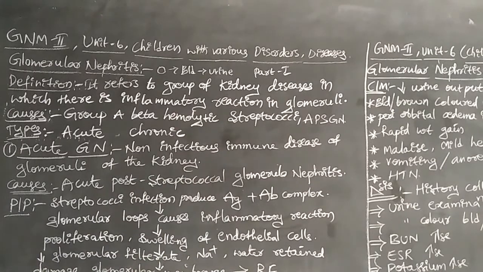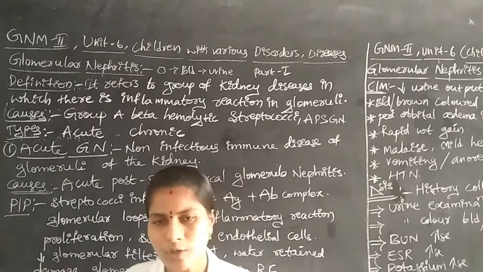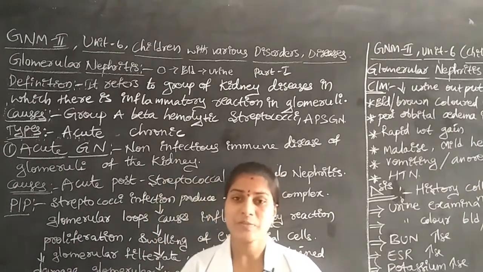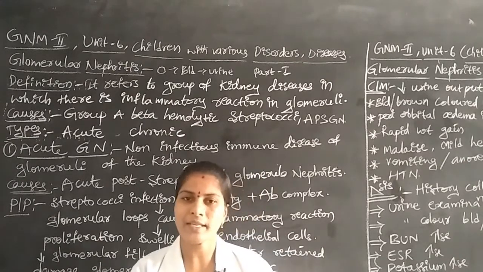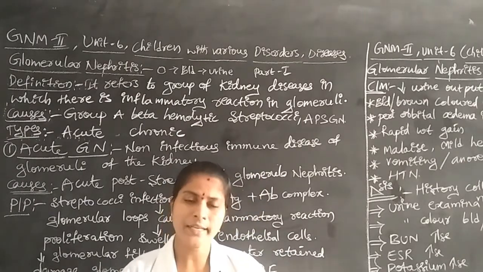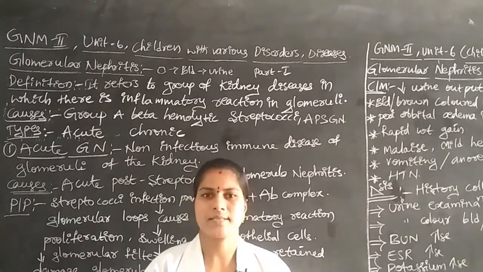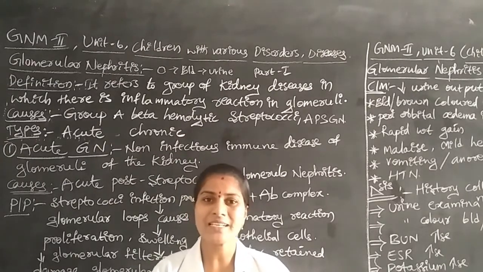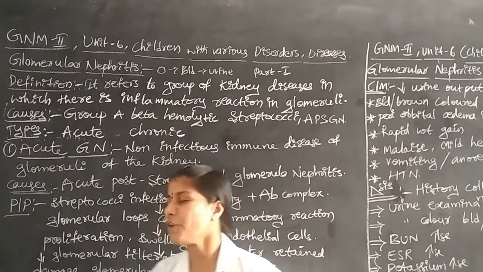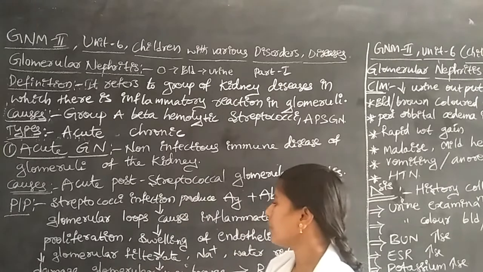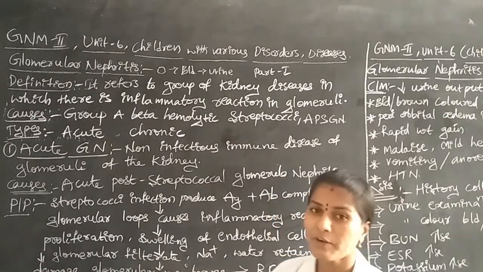Some swelling, and swelling of the endothelial cells. All over the body, including the kidneys, there are endothelial cells. Especially here, the antigen-antibody reaction takes place in that particular kidney. The kidney also has epithelial cells. First of all, the epithelial cells get some swelling. Due to that, the glomerular filtration rate will be decreased.